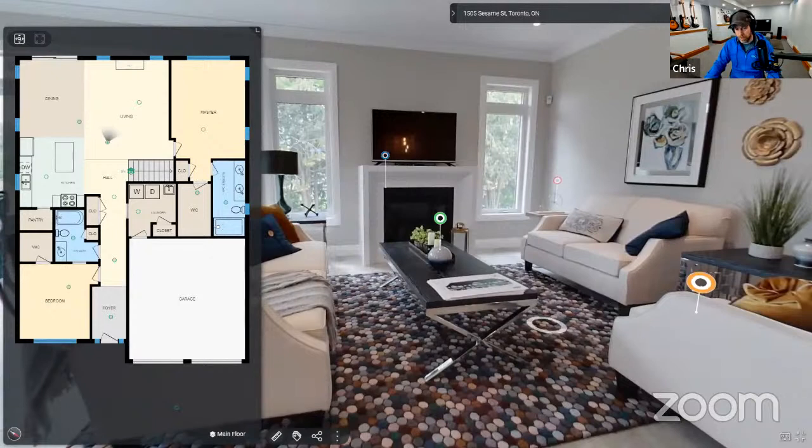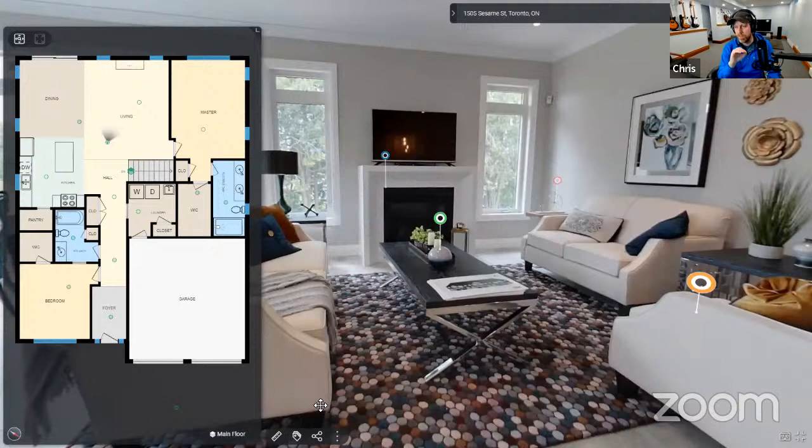If you look down here at the bottom of the screen, there's a little toolbar, and that toolbar has what we would argue are the most important things you need when you're looking at a property. Those 3 things are a measure button, which looks like a ruler, a button for tag, which are the little lollipops you're seeing there, and a button for share. So measure is exactly what it sounds like. I'll give you a demo in a second. It allows you to measure anything you want on the floor plan or on the visuals.